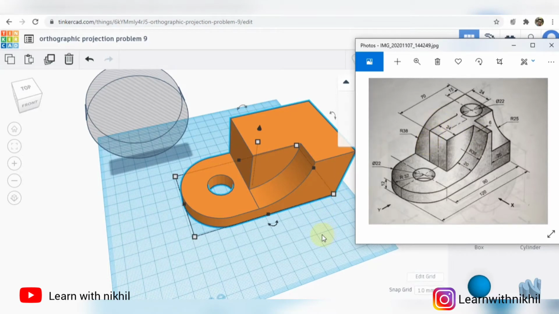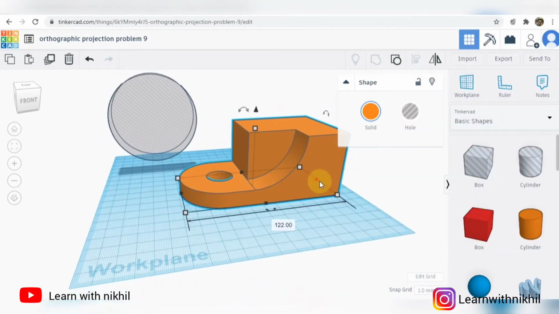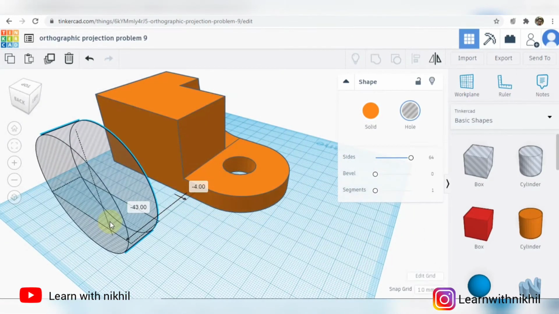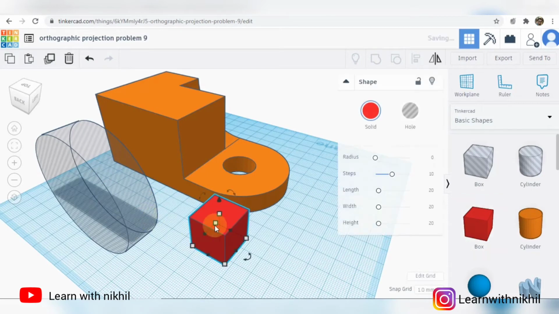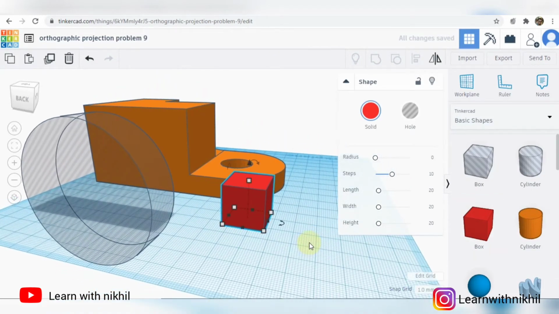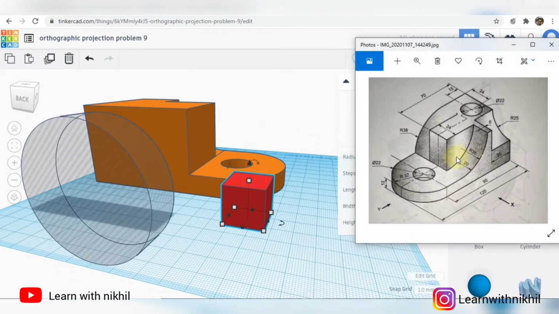Now on the other end, we don't want to slice that part, we want that part. So you can use your own method. What I have done here, I have considered a solid box, and we'll just imitate the dimensions of our main block. Just observe how I am doing it and you will understand.